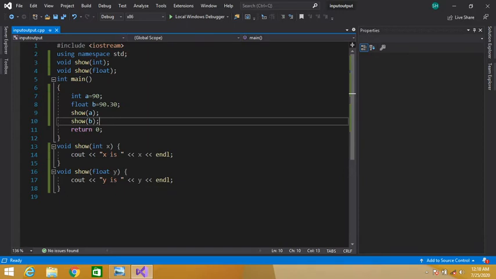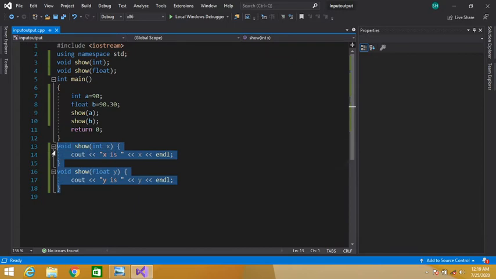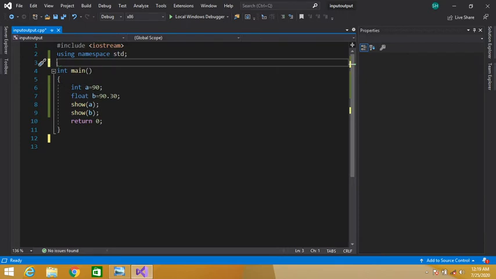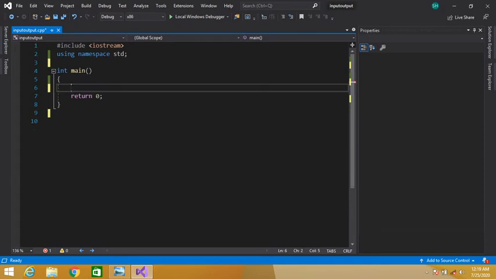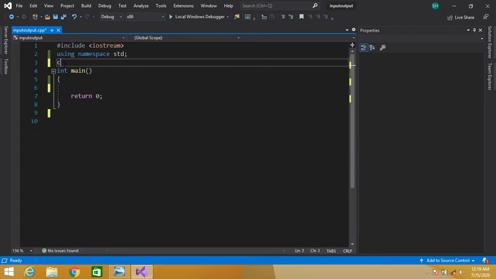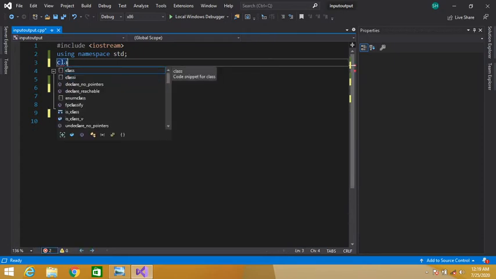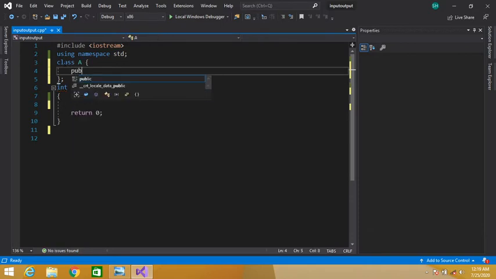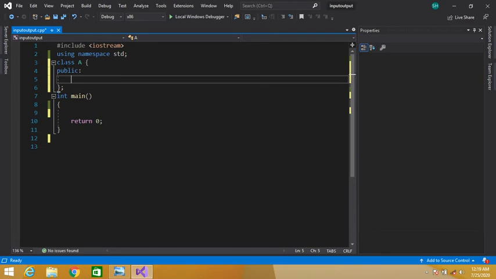Okay guys, now let's take an example of runtime polymorphism using virtual function. Let's remove all the stuff. Let's declare a class A, and in the class we have a public member function, let's say show.